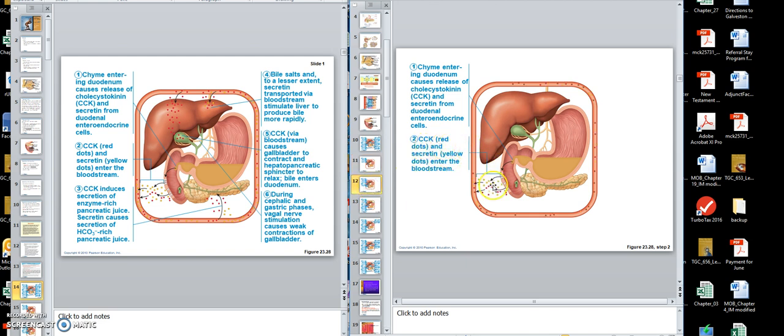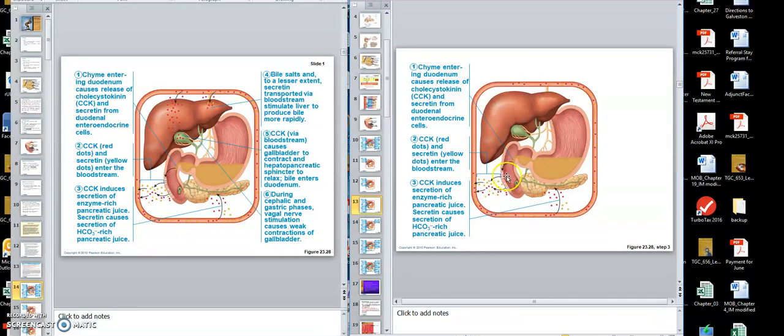CCK, red dots, and secretin enter the bloodstream because they are hormones. CCK induces secretion of enzyme-rich pancreatic juice. Secretin does the electrolytes and the bicarb. Secretin, electrolytes, and bicarb. CCK does the enzyme juice